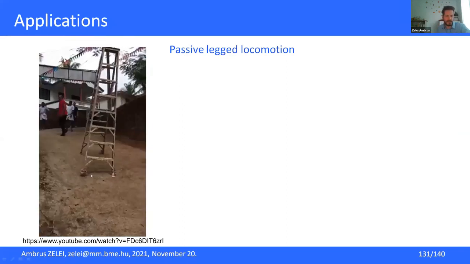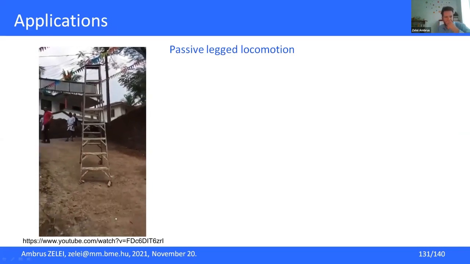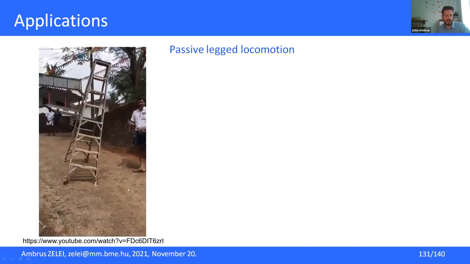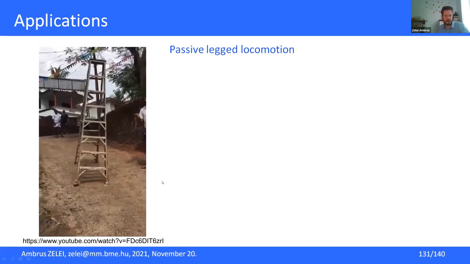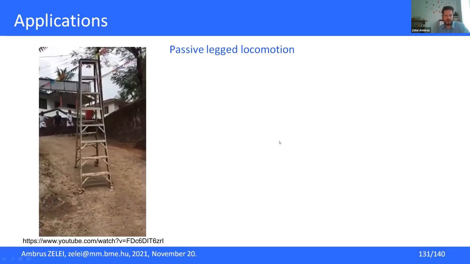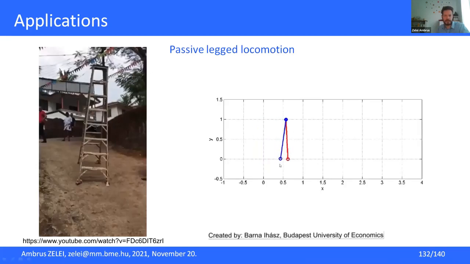It's sped up at the end. But this is the main idea behind some walking and running robots. So they don't have too many actuators. However, they can imitate the motion of a walking human. For example, this is our simulation in MATLAB. It's just two rigid rods put together. There is a frictionless joint up here, and they can touch the ground and it can walk. But actually, it's not shown in the slide, the gravitational force vector is a little bit tilted, so it basically walks down a slope,